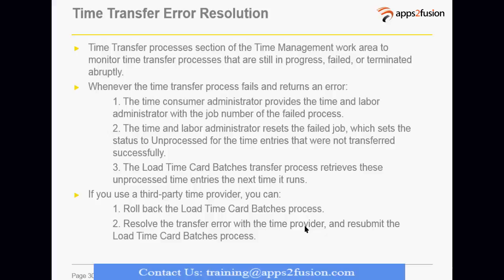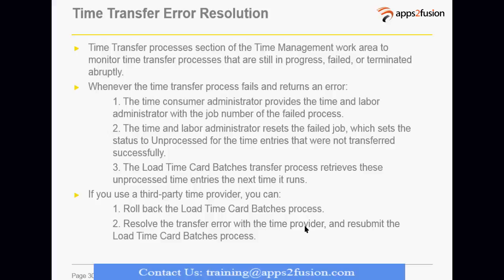These entries will have to be updated as part of the manage time card section, or you can delete them and then reprocess those transactions, or resubmit that particular process for payroll as well as for projects.